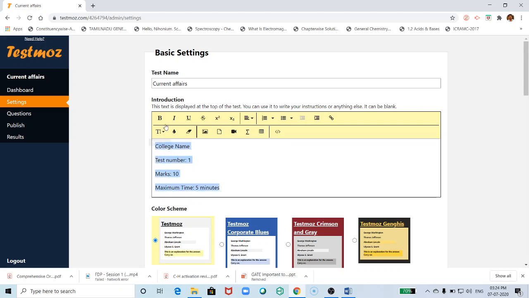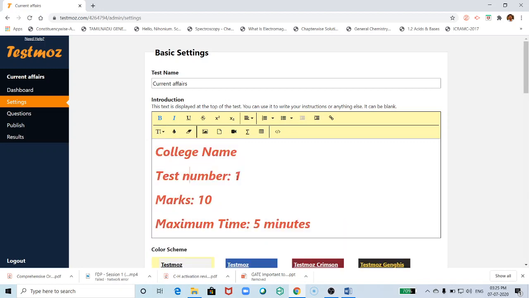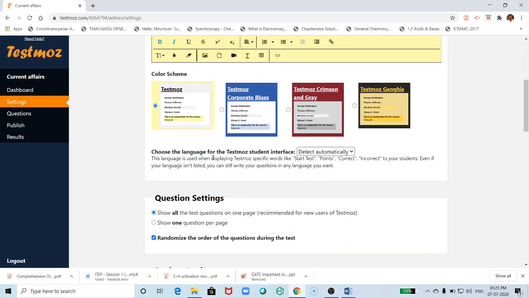You can select and bold this text, italicize it, or change the color, and you can increase the font size. You have to select and click this, and you can choose different colors.